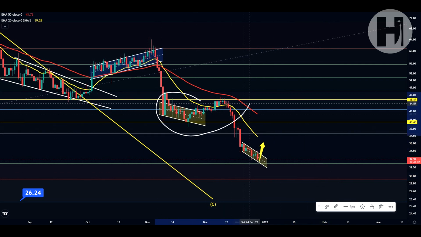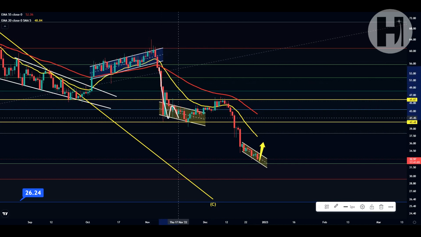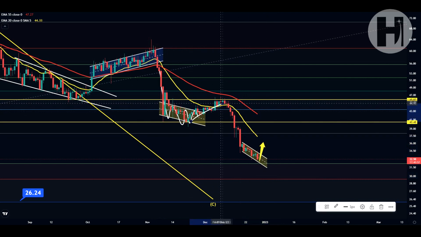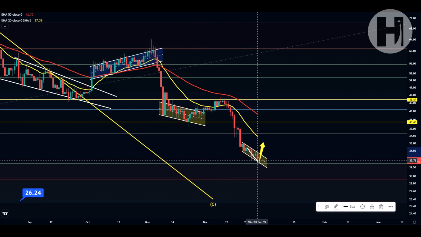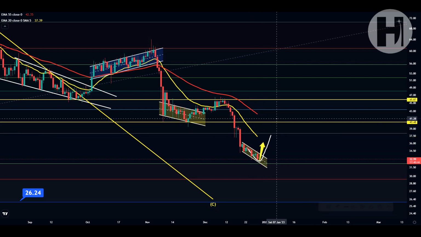So if you take a look at this here, as you can see, we had this capitulation in November. We created a channel down pattern similar to this one here, and then we had a break to the upside. We barely broke above the 20 EMA for a couple of days, and then we broke down. So potentially we could be looking at a similar scenario here, where we may be even breaking above the 20 EMA. Potentially we could even retest